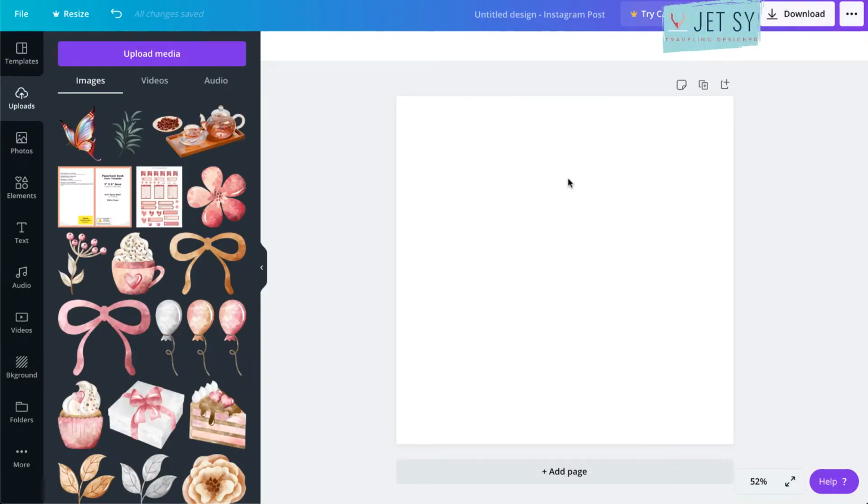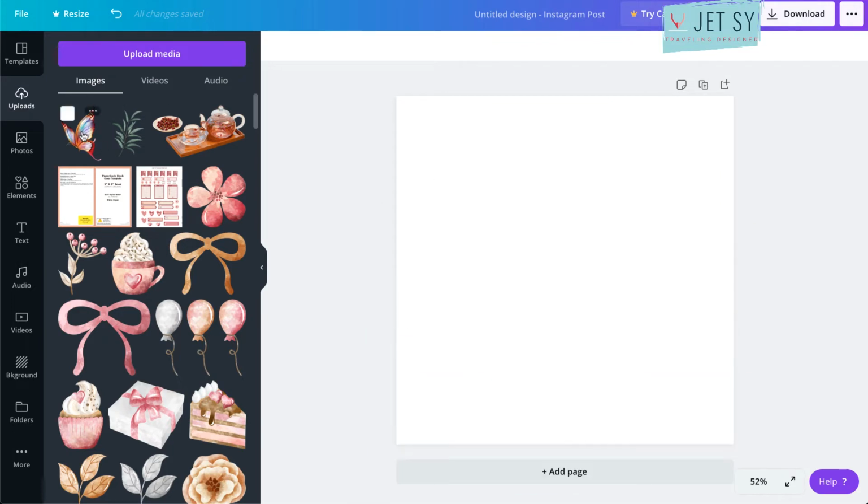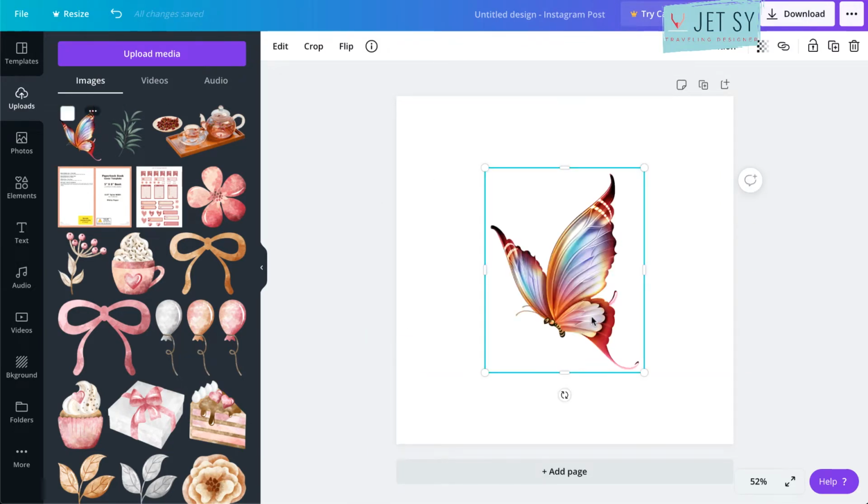This is me again, Chad, and today this is going to be a really short video. I've just discovered some new features on Canva, and the first one is the shadow app, and it allows you to apply shadows so you can take a 2D image and give it a 3D effect to help it stand out in your design. So say for example we have this butterfly here, and you just go to edit,